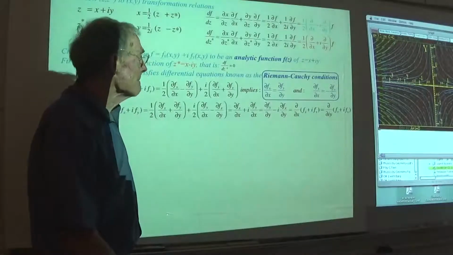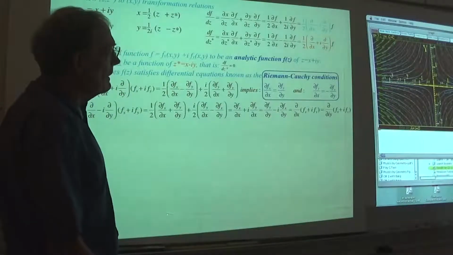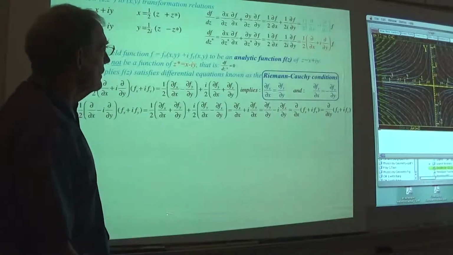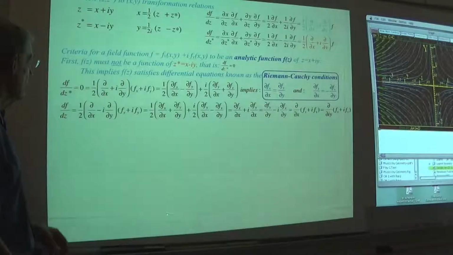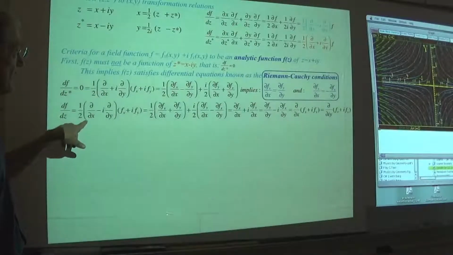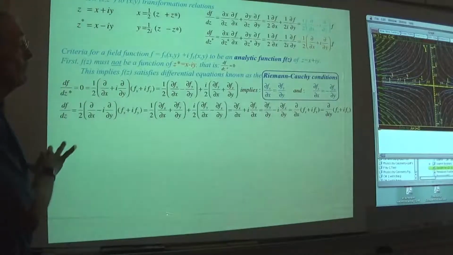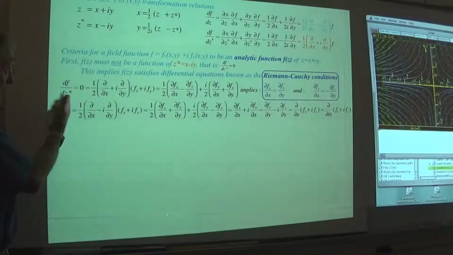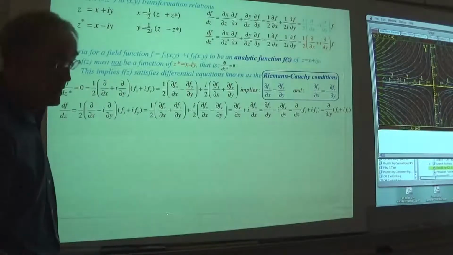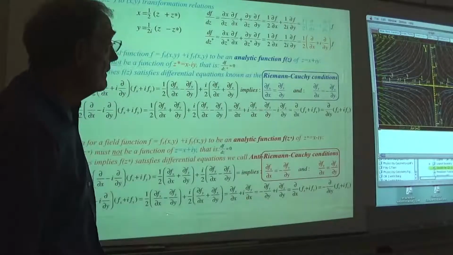Okay? But that's not the end of the story. What about the other world? The other world involves the function star. Okay? This is the derivative of f with respect to z right here. That's the thing that maybe we wouldn't want to be 0 if we were playing with f of z instead of f of z star. But okay, be aware, there's an